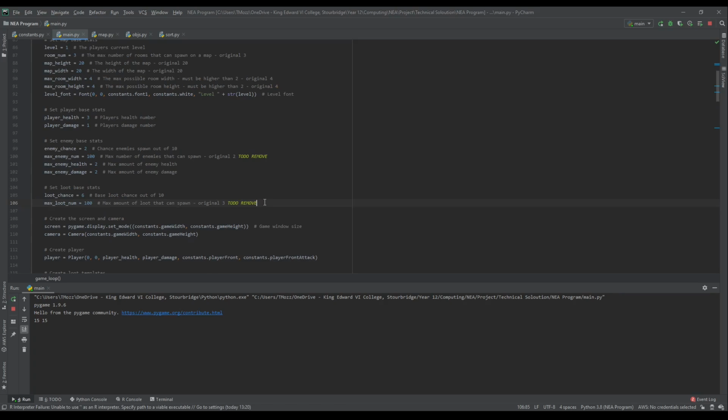I've also set the specified number of loot chests and enemy sprites to 100. This means it will attempt to spawn an enemy sprite and a loot sprite 100 times. So in theory, if every room has 16 tiles